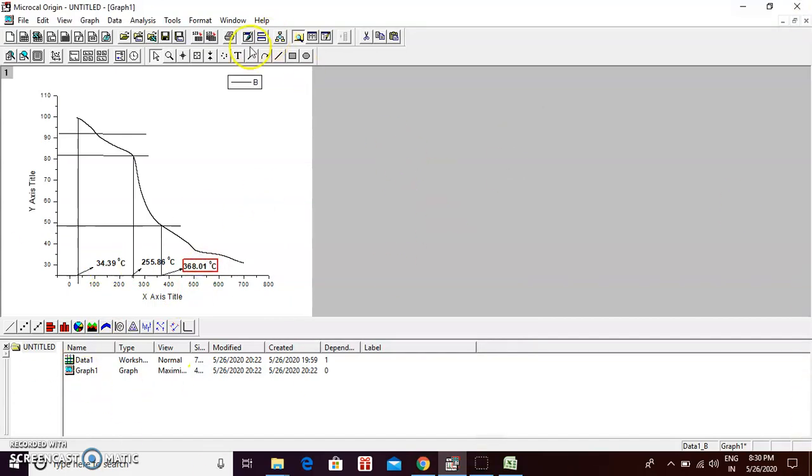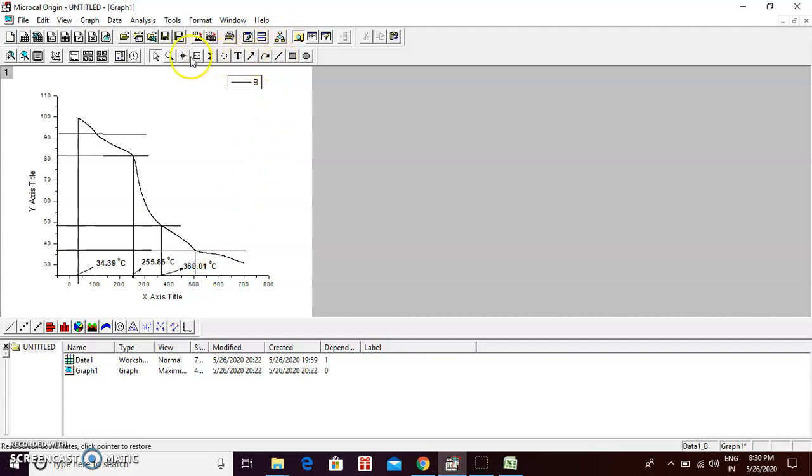Similarly, you have to go for another step of degradation. You see here is another stage of degradation. This is the final stage of degradation. Now again, to find out what this stage of degradation is, you have to see the temperature at what point.